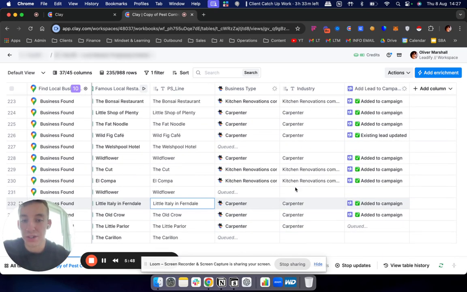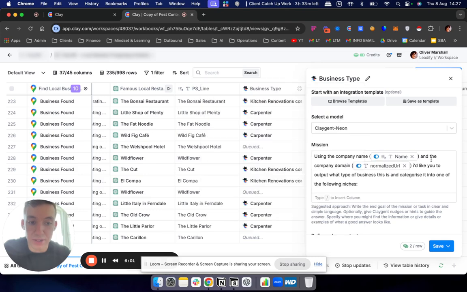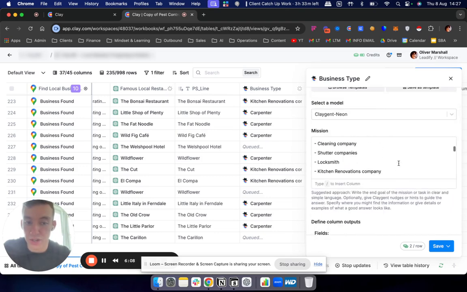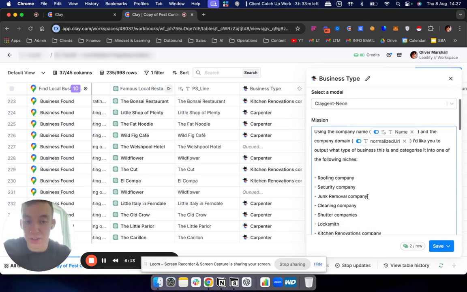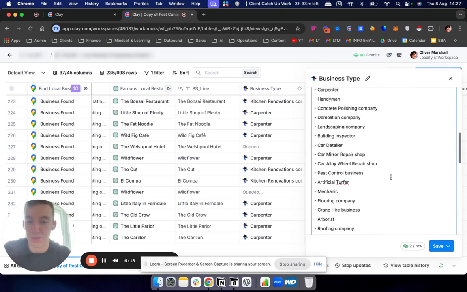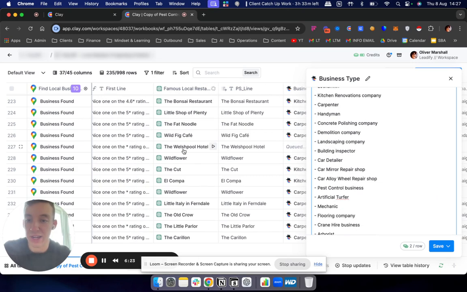And then what we're also doing is, because we're taking lots of different industries and pushing them to Smart Lead, we want to categorize them properly. So what I've done is I built a prompt here that normalizes the company name and the URL and spits out the category, or which niche this is in. And I've given it the niches that it needs to categorize by, right? So it's not going to output some random thing. It's only going to output one of these niches,